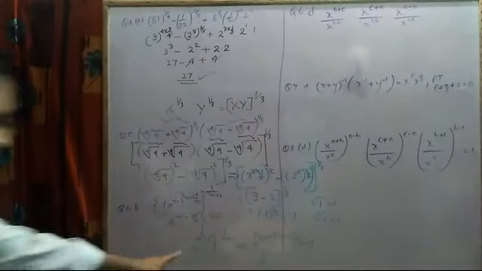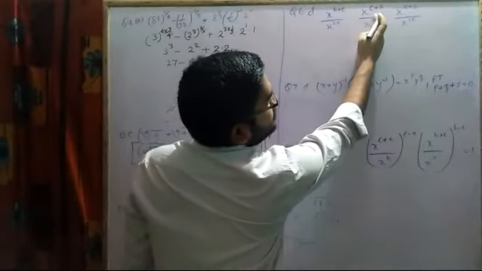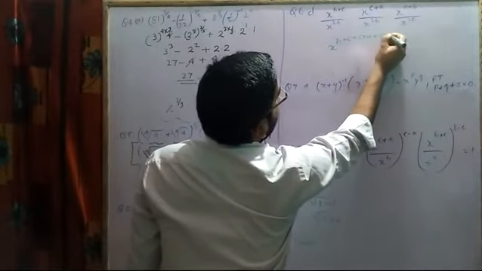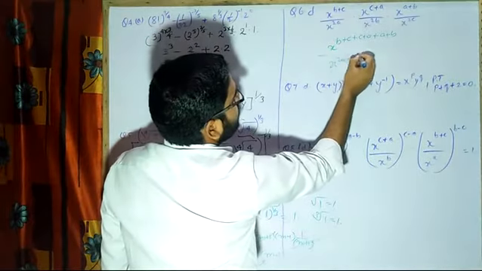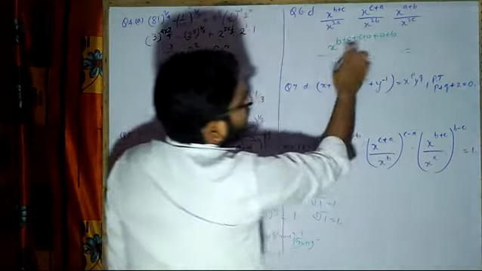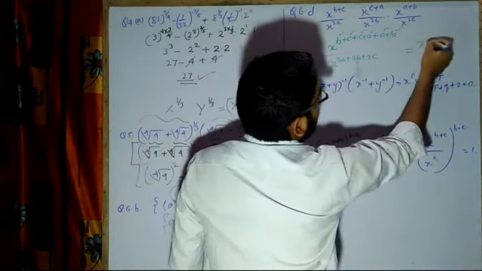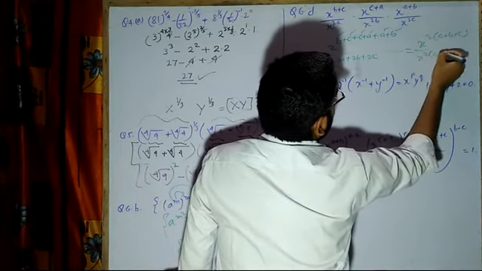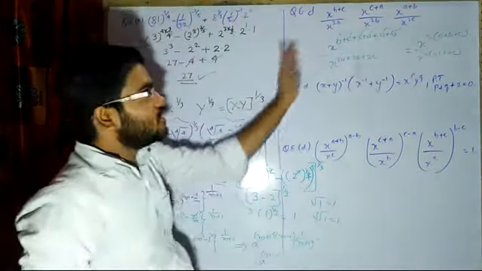That means I can tell you, like m into n, again a minus b form. Now if you go by this format, you see x power b plus c, x power c plus a, x power a plus b. Bases are same, power can be added. So if I add, I will write b plus c plus c plus a plus a plus b. All the powers I have written there, and in the denominator I will write 2a plus 2b plus 2c. Now if you see, it is written two times: 1b, 1b, 1a, 1a, 1c, 1c, 2c. That means x raised power 2 bracket a plus b plus c by x raised power 2 bracket a plus b plus c. Understood? Numerator addition, denominator addition.